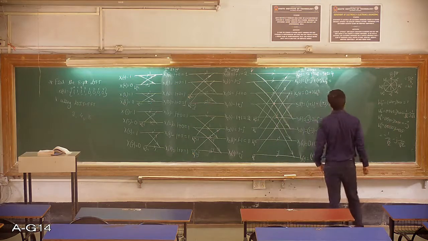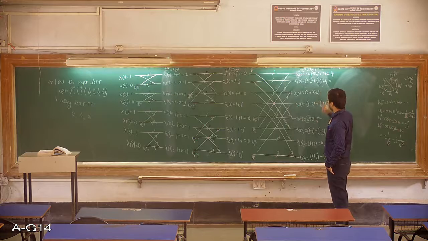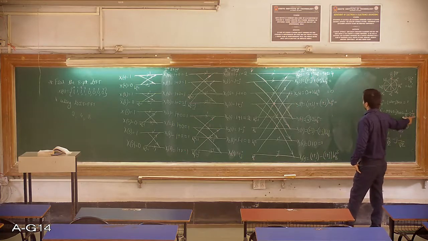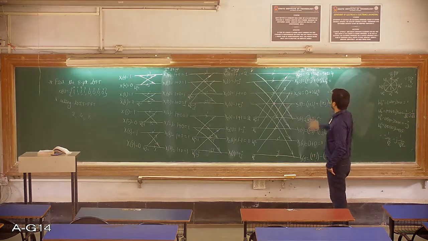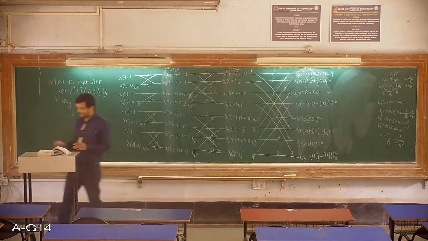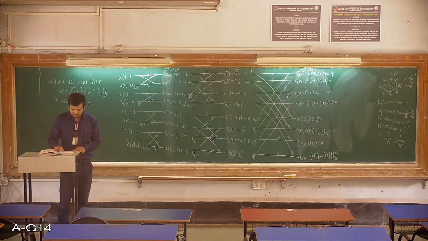So here it is 0, because 0 into something will get 0. So here it is also we'll get 0. The next value is W8 of 1. W8 of 1 is nothing but this value. Just substitute and make the calculation. So if you add the values, we'll get